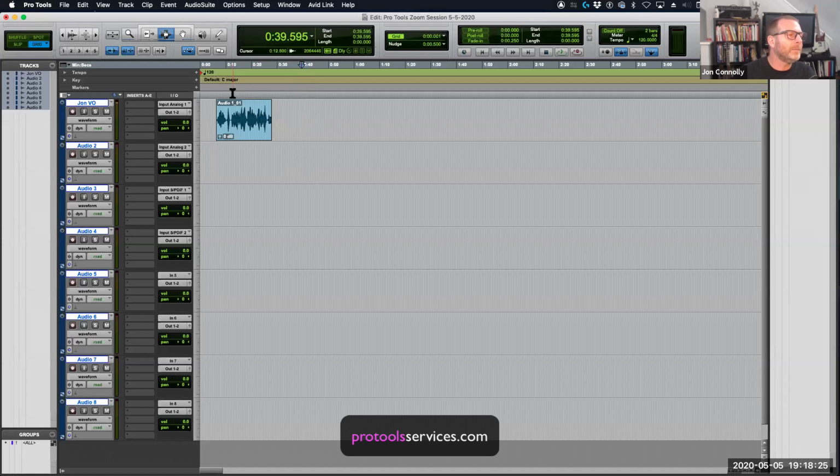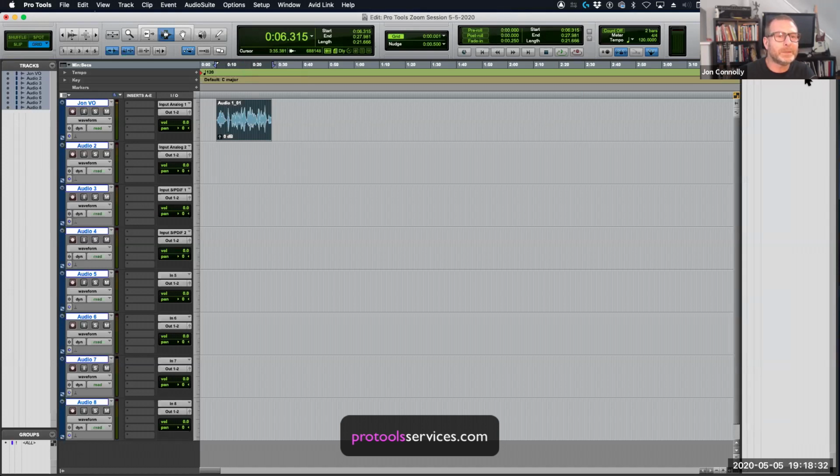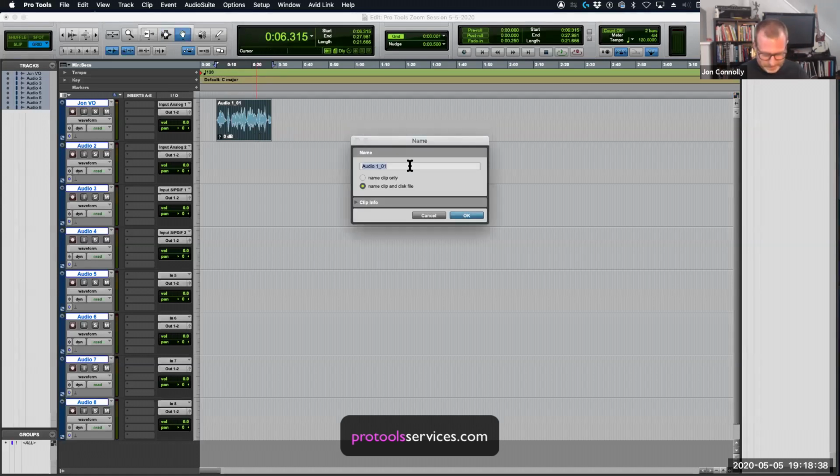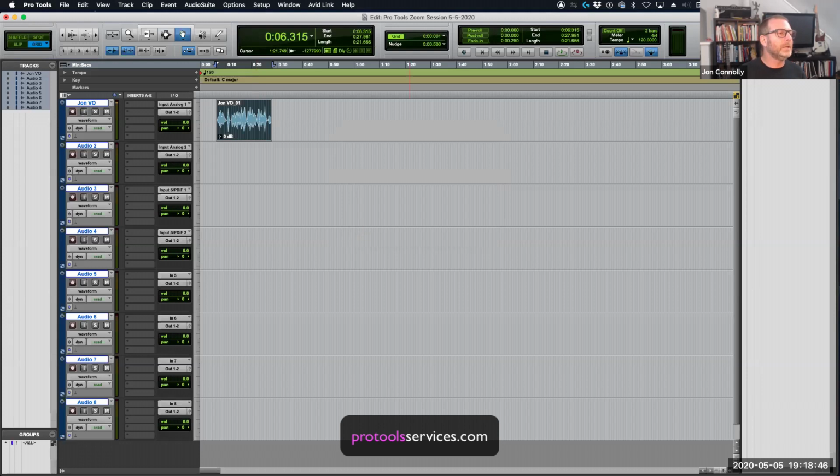I've got my audio clip in the timeline, where it recorded, but it also lives over here on the far right side in the clip list. There it is. I'm going to rename it. I'm going to use the grabber tool, double click on it, and call it John VO dash or underscore. I'm going to maintain the same naming scheme. That's the way it should have looked, right?